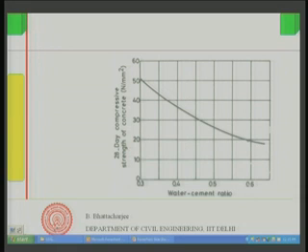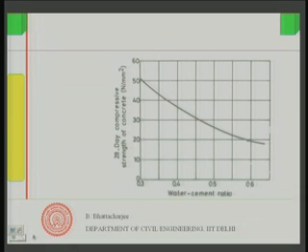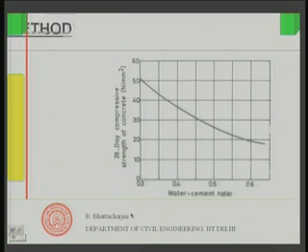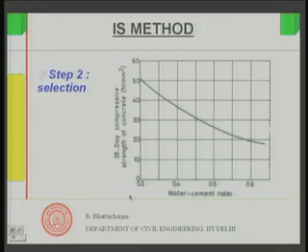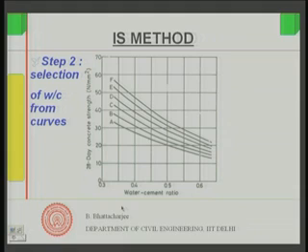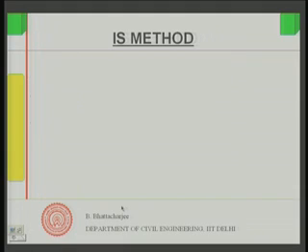Step 2 is to determine water to cement ratio, and that is what we do like this. You have a curve available from which you can determine water to cement ratio. Right. There are two sets of curves available. Let us look at these two curves. First curve would be something like this.